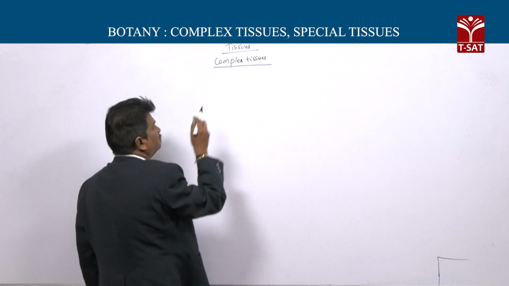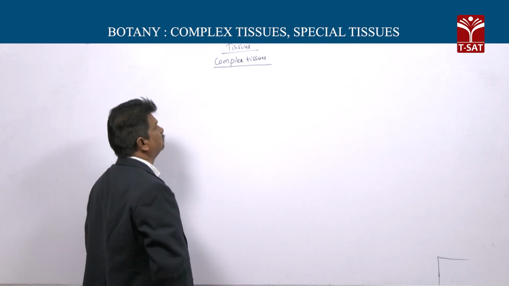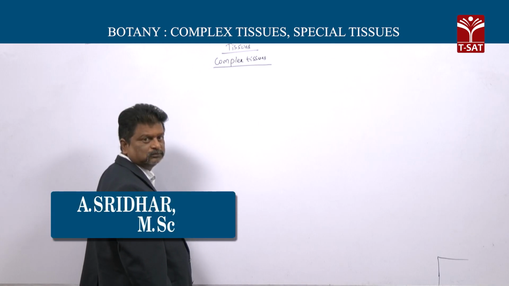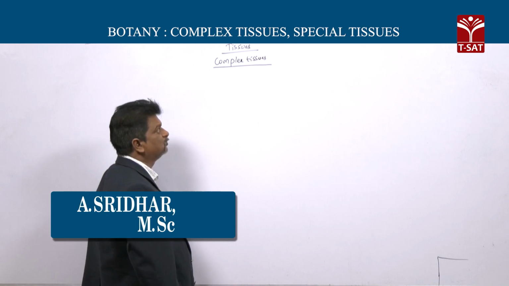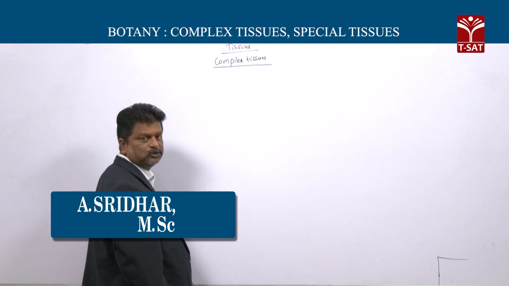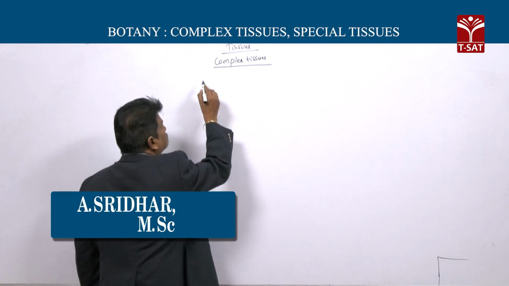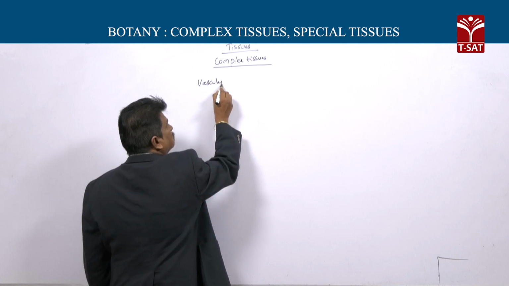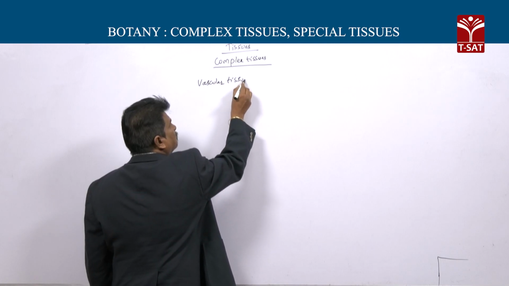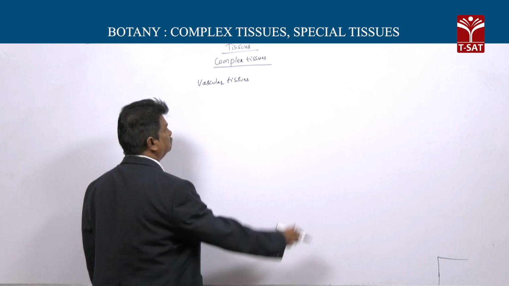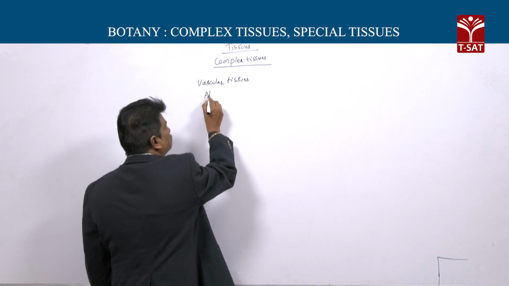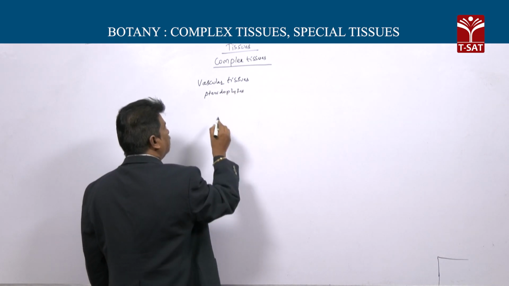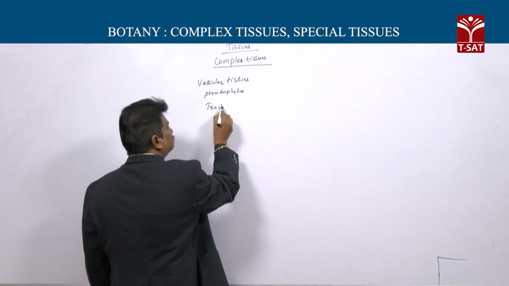So now complex tissues. Complex tissues means tissues formed by different kinds of cells, so called complex tissues or heterogeneous tissues. Generally, complex tissues help in conduction, so complex tissues are also called vascular tissues. These vascular tissues first appear in pteridophytes, and plants with vascular tissues are placed under